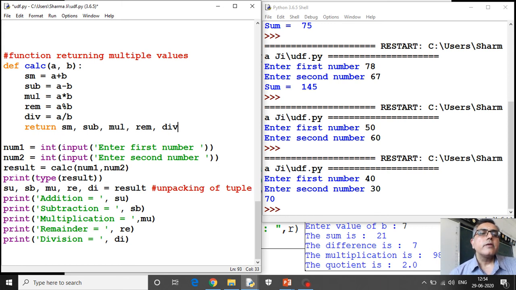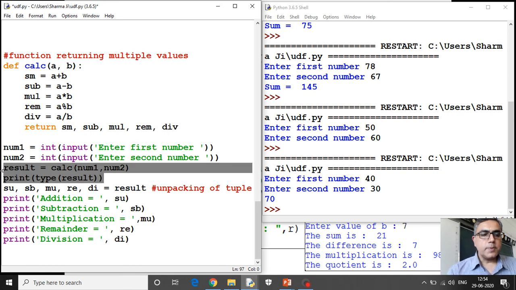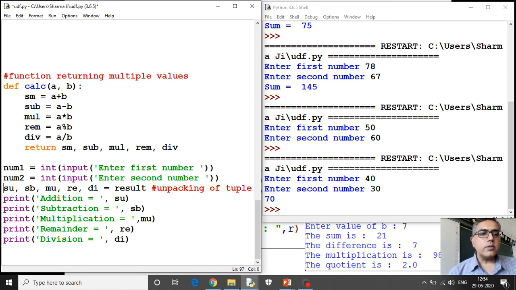Okay. So here in the main area I have taken two variables from the user. These two statements you can skip for now, that I'll explain later. Now this function is supposed to return 5 values, so you need 5 variables to save those 5 values. So in the main area I have again created 5 variables.